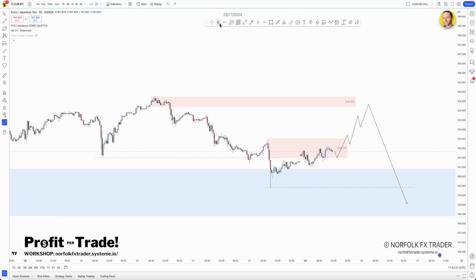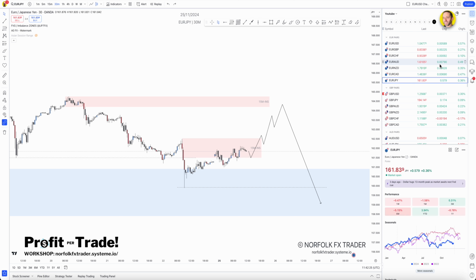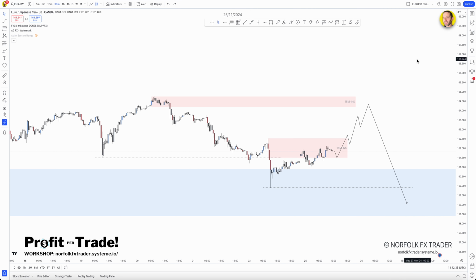So that is the Euro Japanese yen. That is all those euro pairs. We're going to take a break now. I'm going to have a 5 or 10 minute break for myself just to have a nice drink and get ready for the next lot. We'll go through the pound pairs next, and we'll speed up a little bit, but you have the general idea of quickly marking out those structures, the areas of supply and demand,